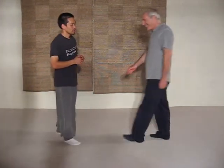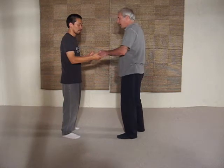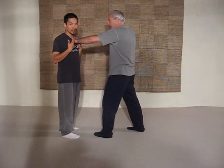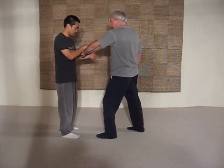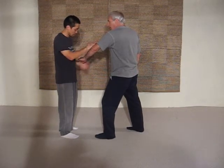Now, as for the application, Joe will be aiding us again. Okay, and so snake spits out its tongue is actually very simple. So if Joe comes in to grab my collar like this, you can let them actually grab it. So as they're coming, you basically catch it, and then you press it down, and then you basically just guide